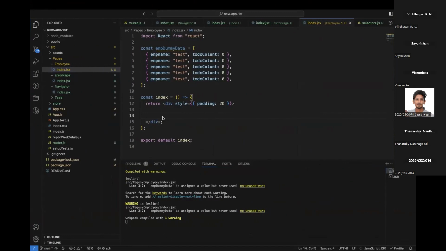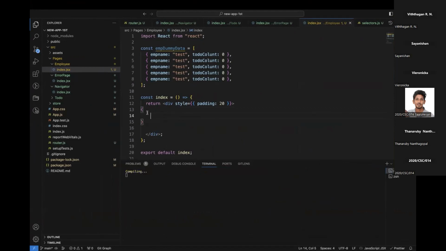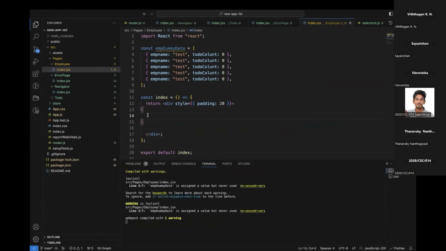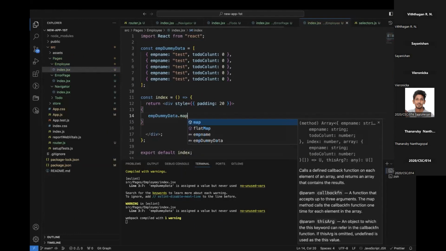So for that, to do a mapping function or to use a variable inside my JSX element, I have to open curly brackets. So inside this, I'm going to map this employee data. So dot map